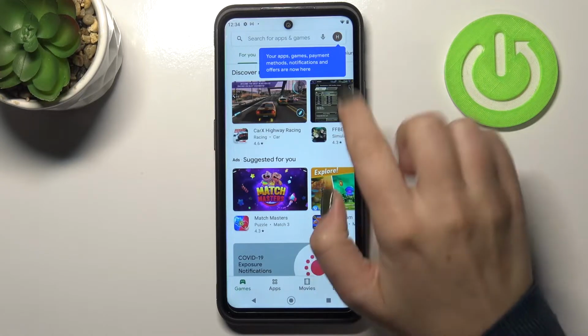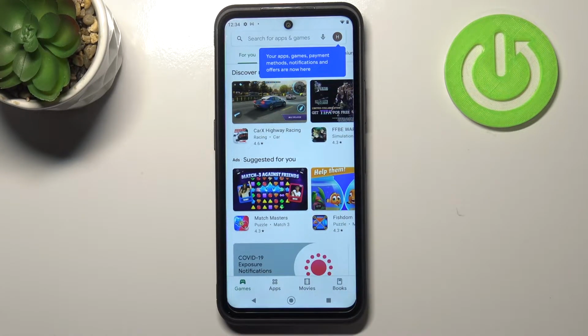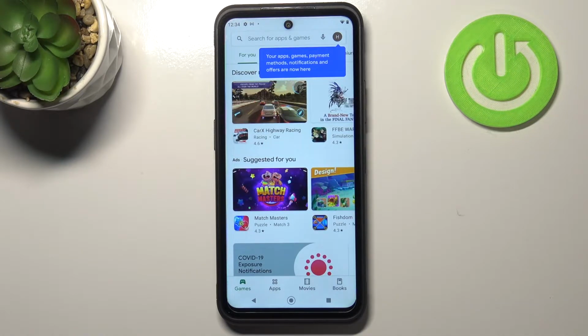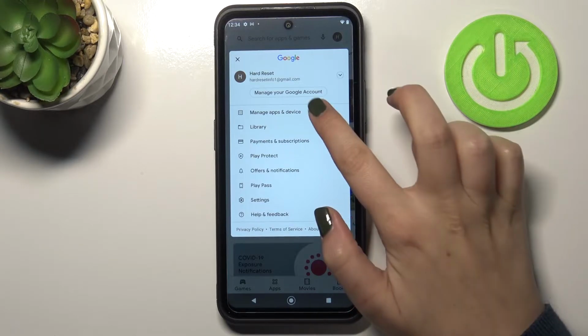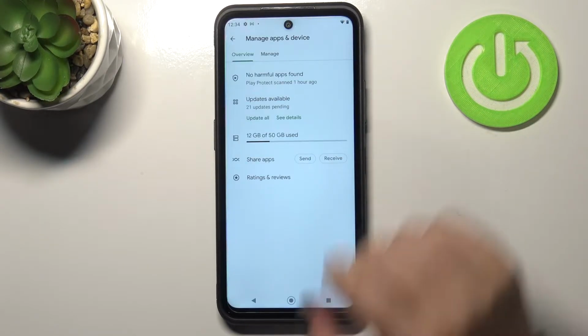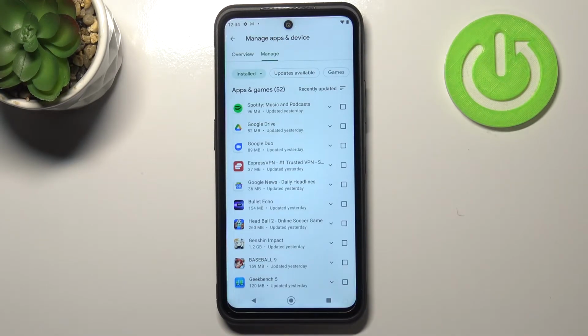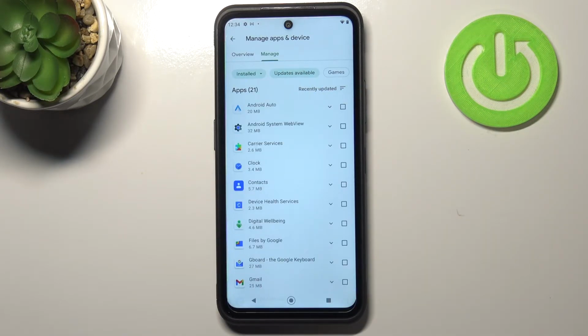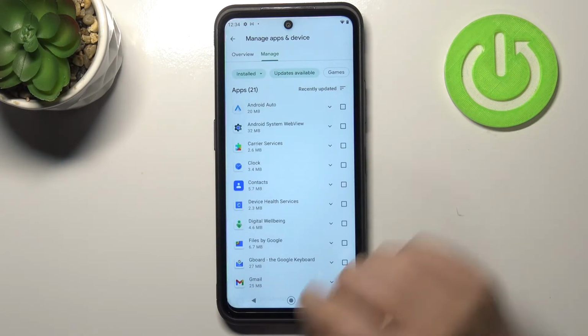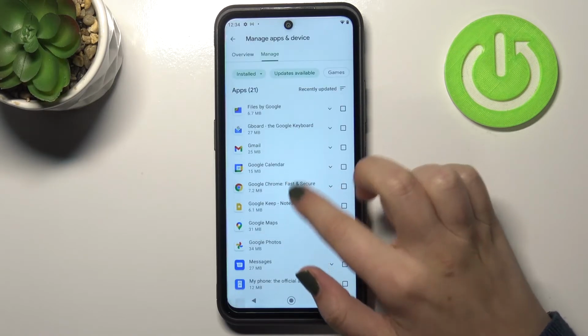And as you can see here, we've got the information that your apps, games, payment methods and notifications and offers are now here, so simply in our account. So let's tap on the circle and tap on Manage Apps and Device. Now that we have to enter the Manage option, and as you can see here, we've got the list of all apps and games which are installed on this device, and in order to check the updates, just tap on Updates Available. And in my case, I've got 21 updates pending,